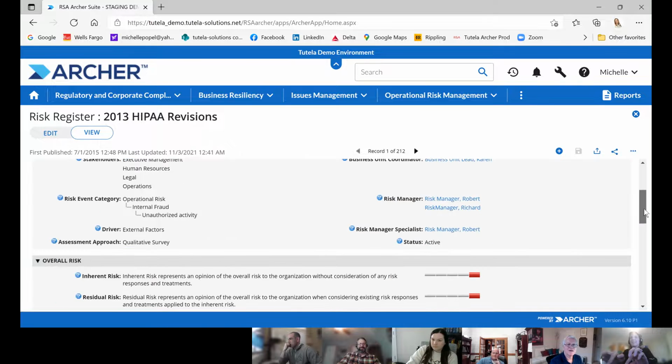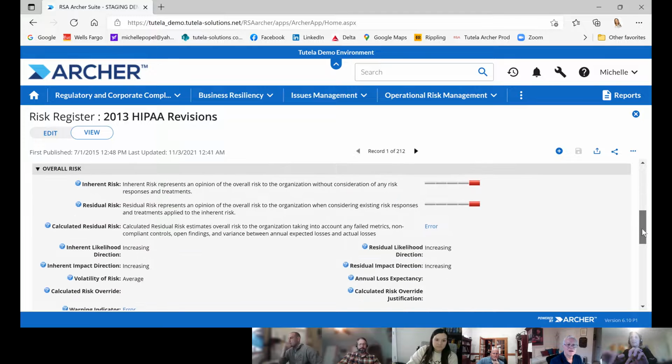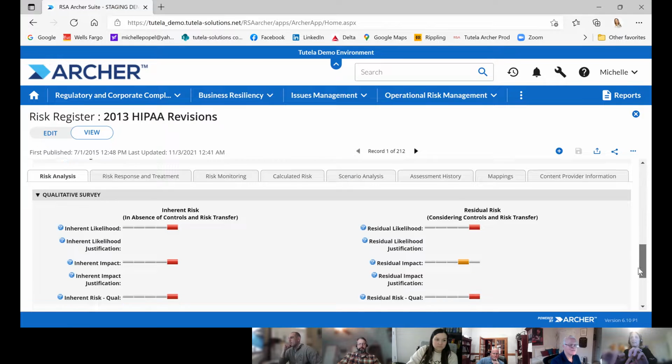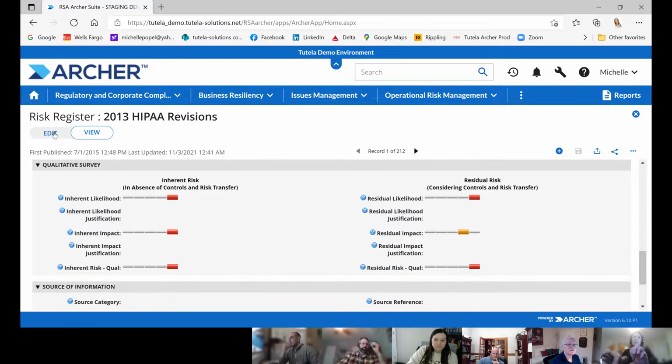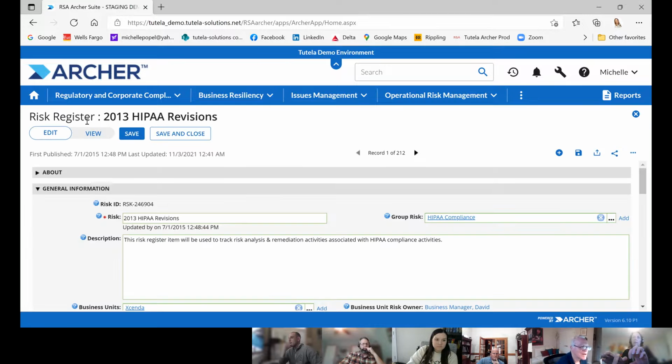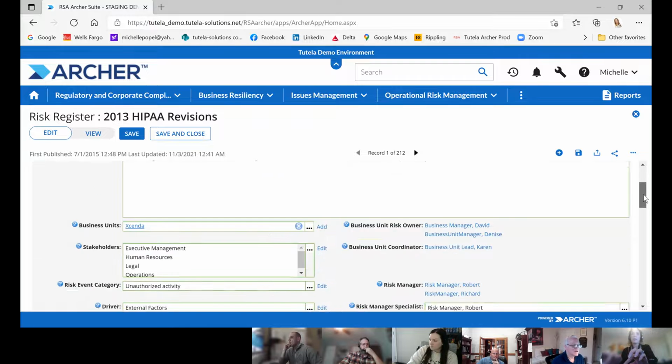Can you see my screen? Yes. Okay. All right. So this is our demo Tutela environment. This is an actual risk, called 2013 HIPAA revisions.